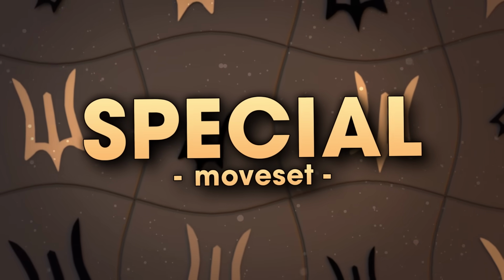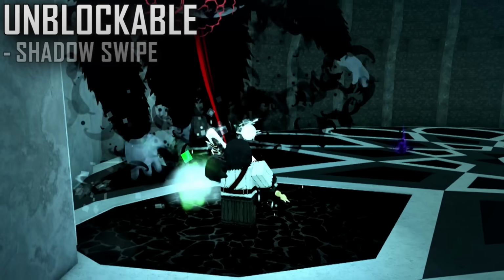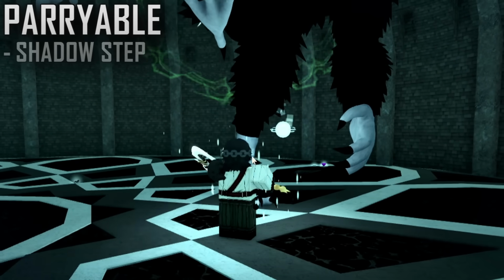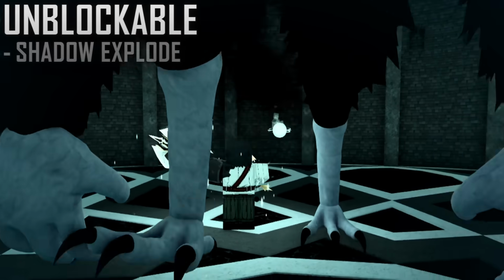It has a bunch of new attacks that are worth talking about, and let's get into that. The new Shadow Swipe is an unblockable guard break that does shadow damage and can simply be dodged. The Shadow Step is a parryable, Sharko-like stomp that you cannot roll through, and that's about it. The Shadow Explosion is a guard break Shade Devour-like attack that you have to roll through, and it does insane